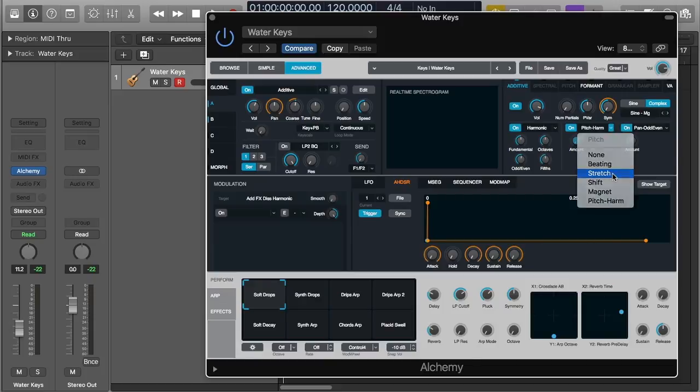After beating, we have stretch. What that's going to do is allow tuning of partials to be stretched up and down. Your stretch knob is going to stretch the tuning of all the partials simultaneously, and your string knob is going to stretch the tuning of higher partials more intensely than lower partials. Then we have shift, and shift is a frequency shifter, but it's a very different frequency shifter from what we have seen before,